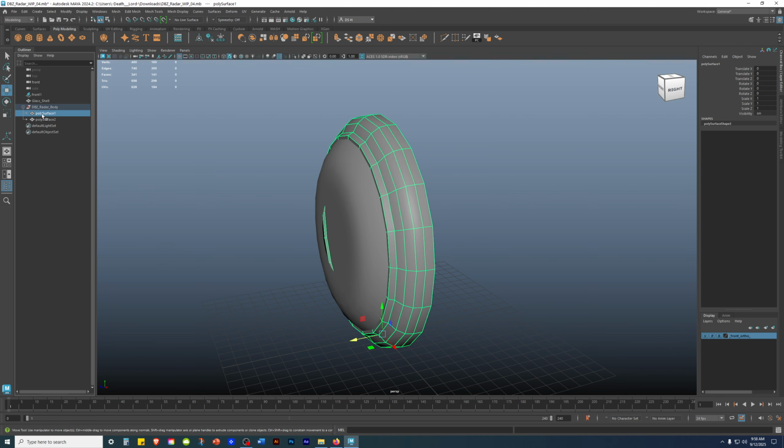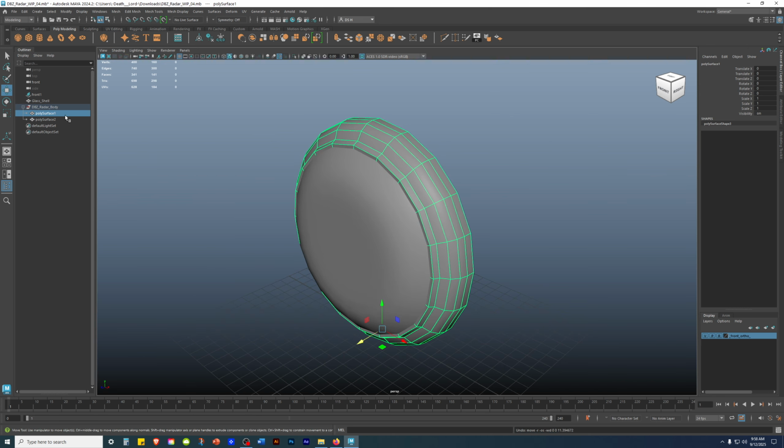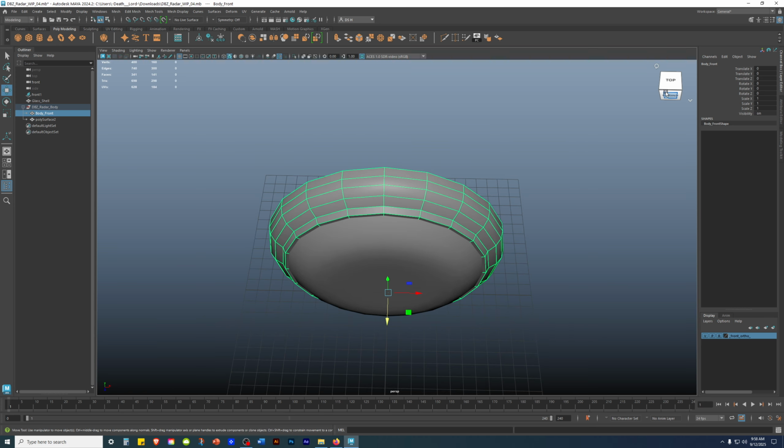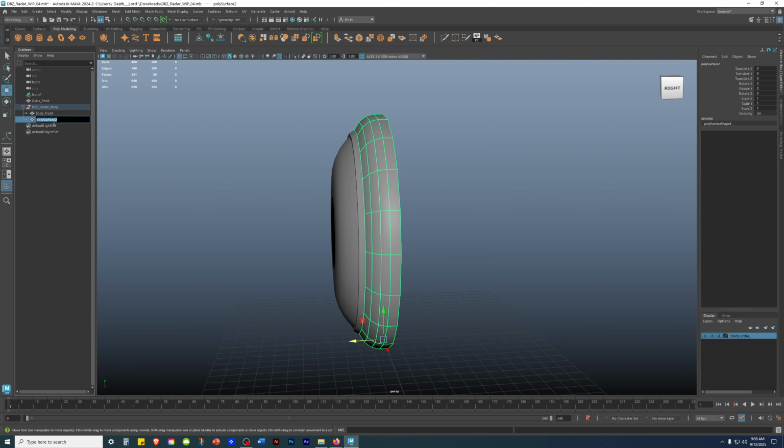Good. This is this. I'm going to double tap, name it body space front, because this is front. I'm going to select this, double tap, body, back,